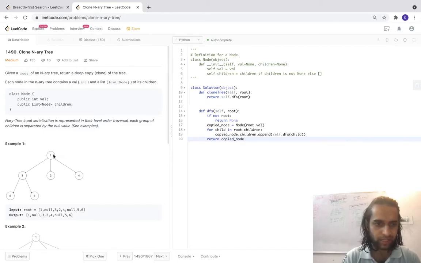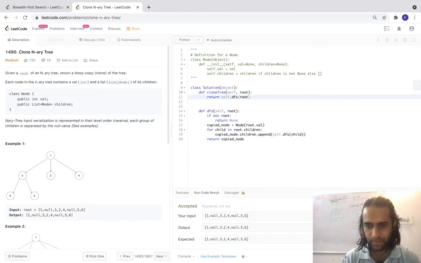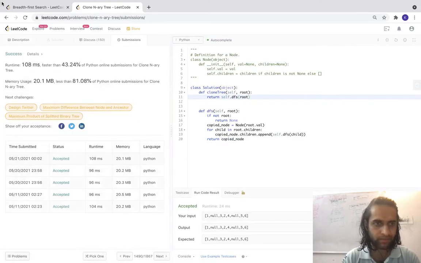So what I'm doing is, if I'm at this node, I create its copy, let's say 1's copy is 1, and now for each of the children I call the DFS, and I'm assuming the DFS will return me a copy of this, this and this. I'm appending all these copies into the children, and once it's done, I just return the copy. So you just have to have faith in recursion that I will get a copy from every child, and I just return it. Let's see if it works. Okay, let's submit it. Awesome, it does.